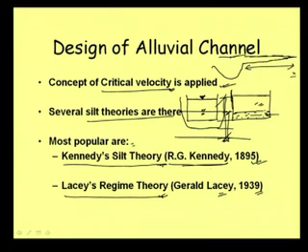Kennedy was an engineer in an irrigation system called the Upper Bari-Doab canal system, in Punjab, of course, which is now in Pakistan. There he was experiencing this problem that I have explained, and because of it he started observing whether it is possible to have a stable channel. That is why his theory is always called the theory of stable channel,